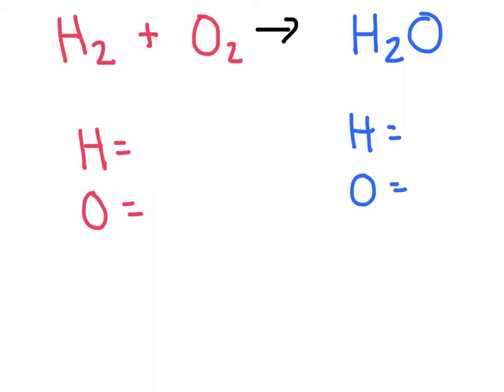And we learned how to count atoms to see if this follows the law of conservation of mass, and that's the first thing that you should do right now. So hopefully you tell me I have 2 hydrogens reacting and 2 oxygen atoms reacting, and that produces 2 hydrogens and 1 oxygen. And what you would tell me is that this reaction does not follow the law of conservation of mass because of the fact that you put in 2 oxygens but you only get out 1. That's impossible. So this reaction right now we would call unbalanced,